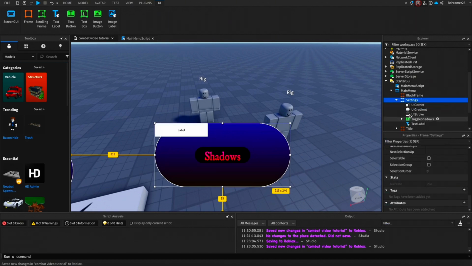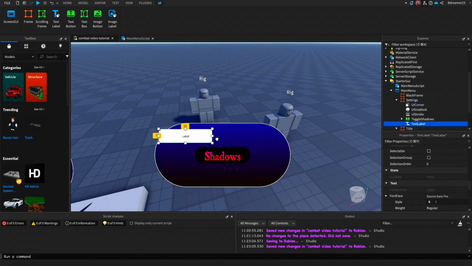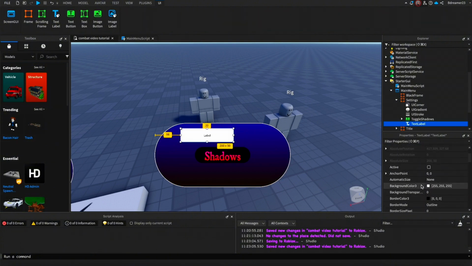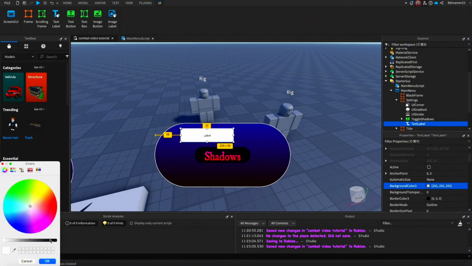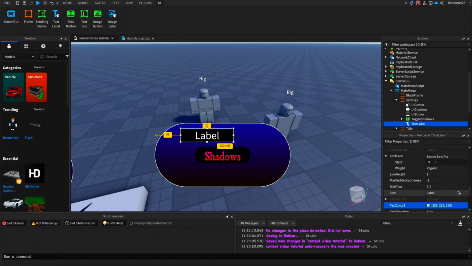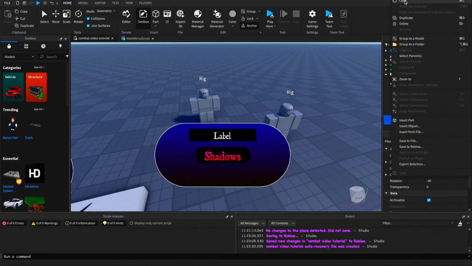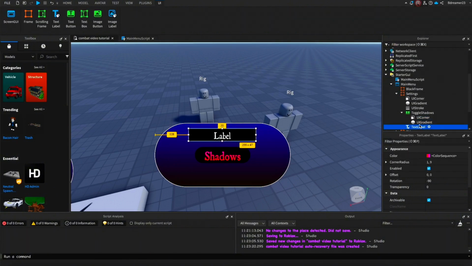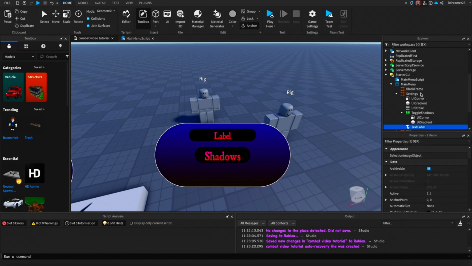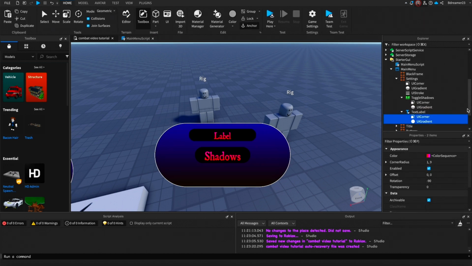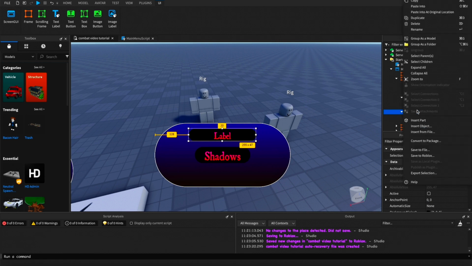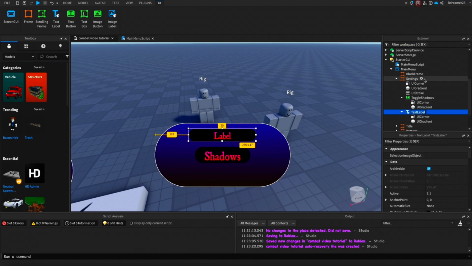Now add a text label. I'll just make the background color black. We'll just change this font. Just take your UI gradient and UI corner from your toggle shadows button, so just copy and paste it in. Paste into. And just call this settings. Settings